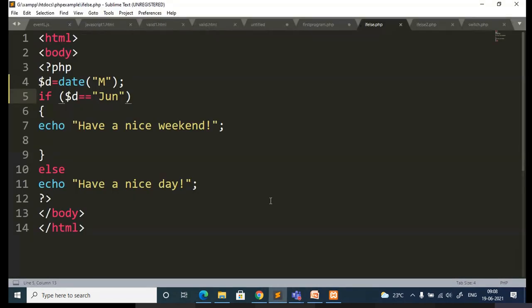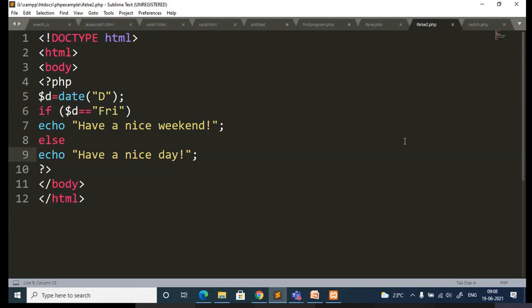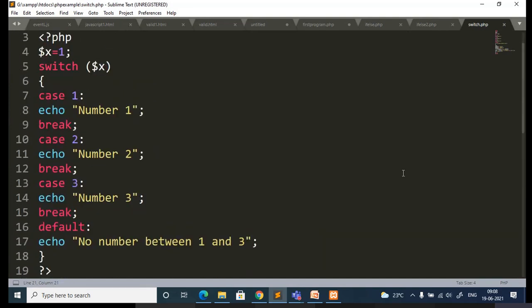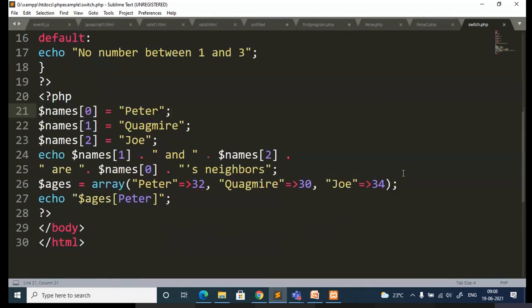Okay, using date function. So here I was just done with the if else part. Then you can go with more number of conditions can be added here using if else ladder. Okay, and also switch. I think I have not yet done this. Let me just execute this. Okay, here I've added extra things. Let me comment all this. Not commenting.